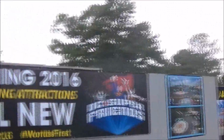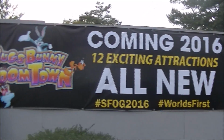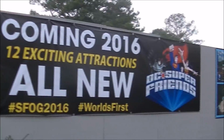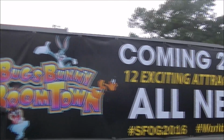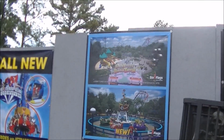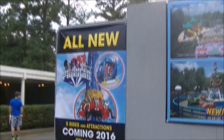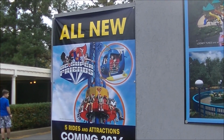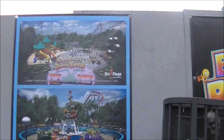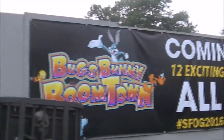And we're here. We're going to take a kind of a final walkthrough through the old Bugs Bunny World here at Six Flags over Georgia, because next year, as you can tell here, they're adding the new Bugs Bunny Boomtown area and the DC Super Friends area. So they're going to be really beefing up the kids and family rides here at the park. There's going to be 5 new rides here in the DC Super Friends area. There's going to be 7 in the Bugs Bunny Boomtown area, really refreshing an older area of the park and